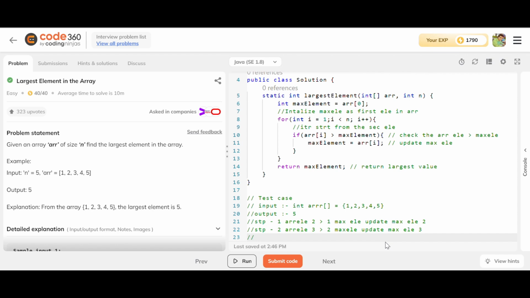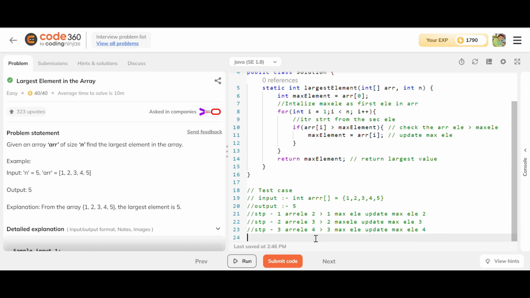Okay, on step 3 iteration, the array element, that is 4, is compared with the max element, that is 3. And if the array element is greater than the max element, then I'm going to update the max element to 4, right? Okay, on step 4 iteration,